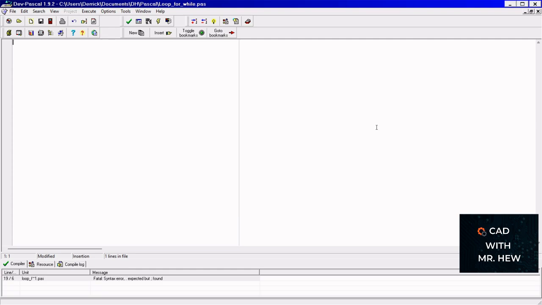In today's video, we're looking at the while loop in the Pascal program. All right, the first thing we're going to do, we're going to type the word program. And the name of our program for today's video, we're going to call it while_loop_example